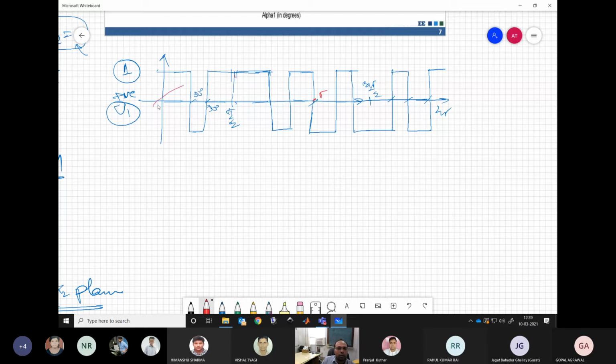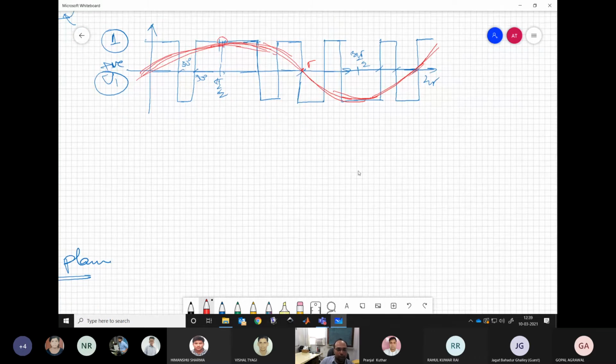Now if you have practiced your Fourier transform and gained a little understanding, you can see this. For this waveform, the fundamental will be something like this. We are applying more positive in this first half cycle, so that means we are going to get some positive fundamental component. Positive in the sense the phase will be somewhat like this, with the peak coming near pi by 2. Positive peak.